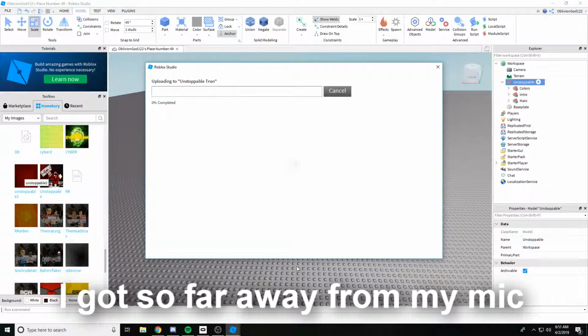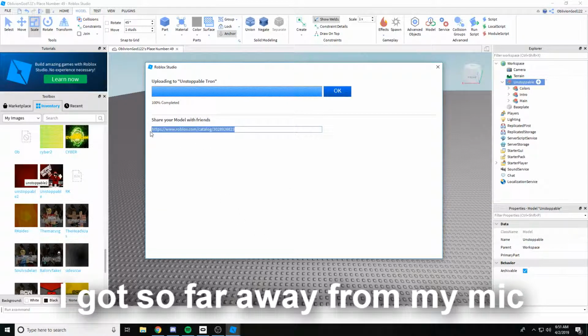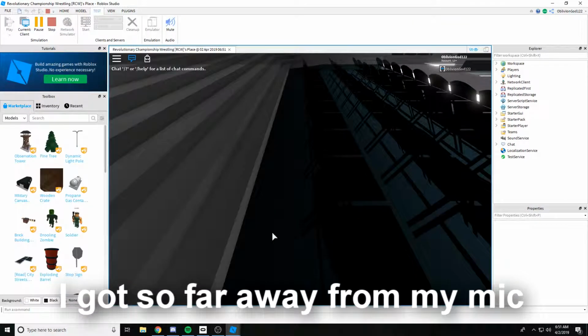After you do that, grab this ID and then send it to me via PMs on Discord or Roblox, and I will get them into our arena. But just to make sure that I have everything ready to go and make sure we did everything correctly, we are going to take this